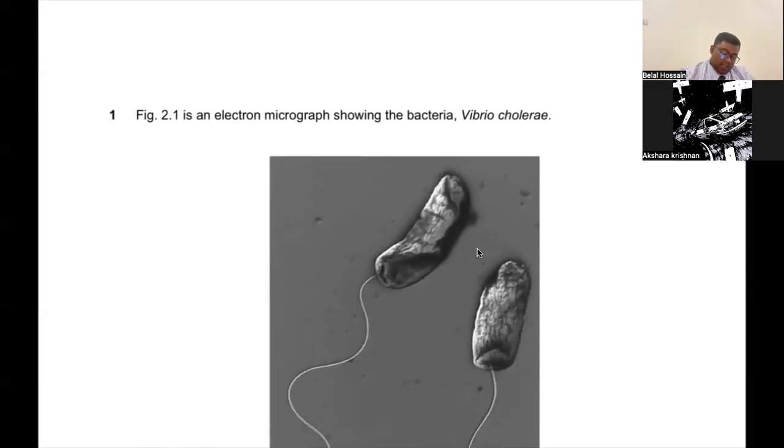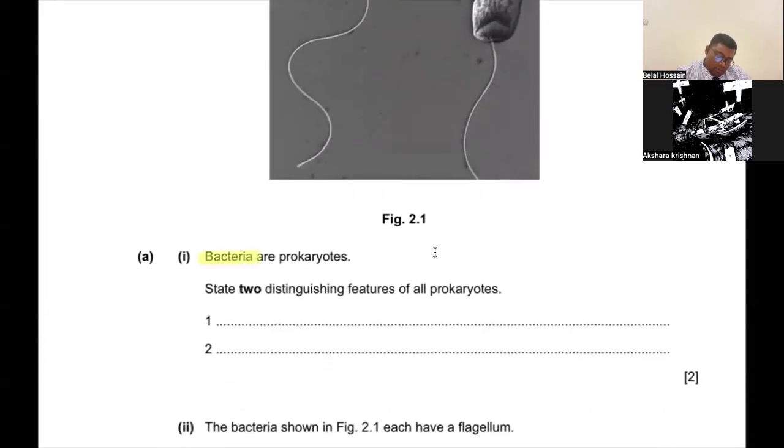Here is an example. This is an electron micrograph of the bacteria Vibrio cholerae. Bacteria are prokaryotes, state two distinguishing features of all prokaryotes. The first distinguishing feature will be no nucleus. Remember, we learned about this many times. And the other distinguishing feature will be